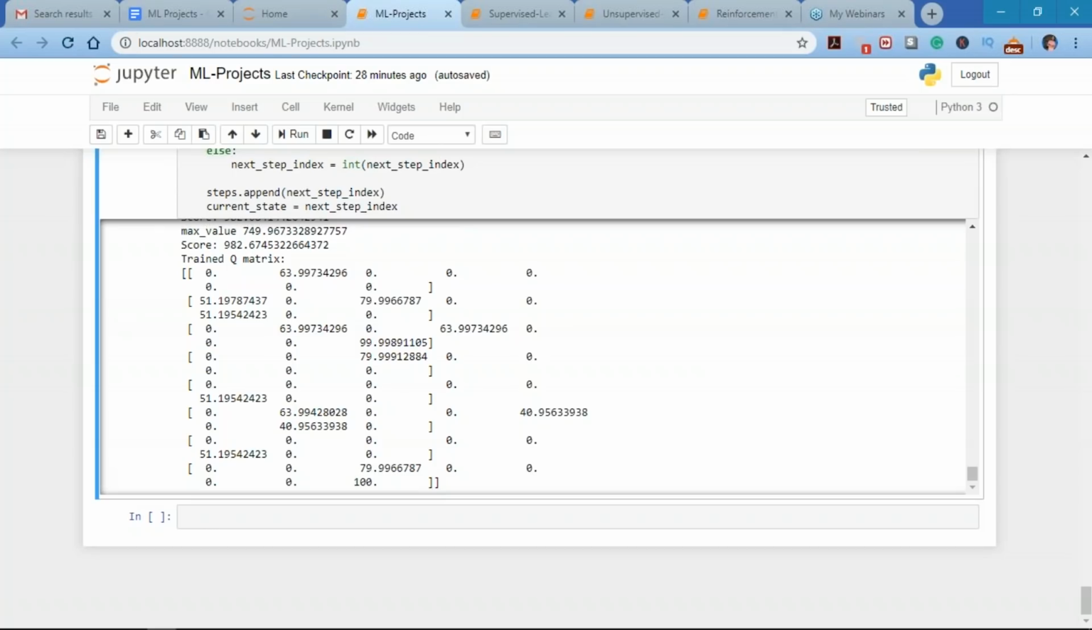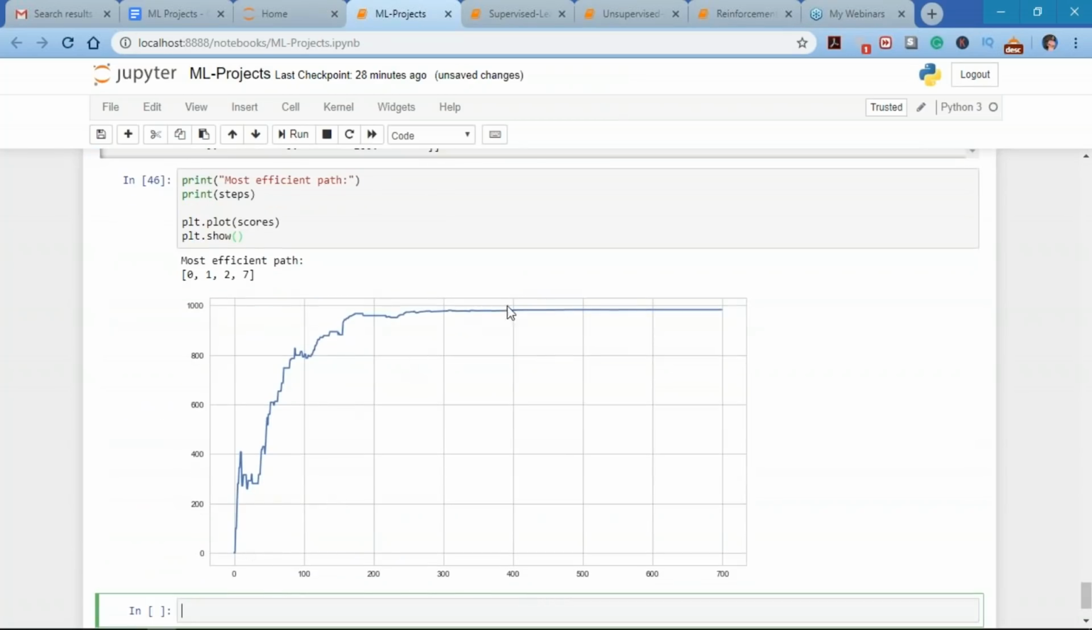Now, with this, we cannot be sure which is the optimal path one should take. So for that, let's see how many iterations it took to find the most efficient path, and let's see what exactly the most efficient path is here. As you can see, it took around 1,000 iterations to find the most efficient path, which is 0,